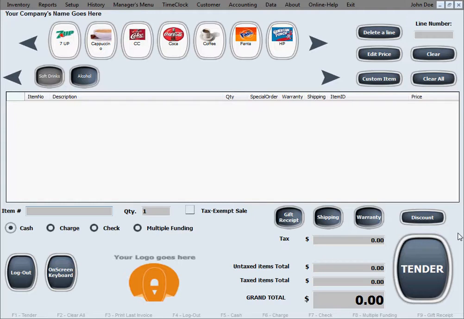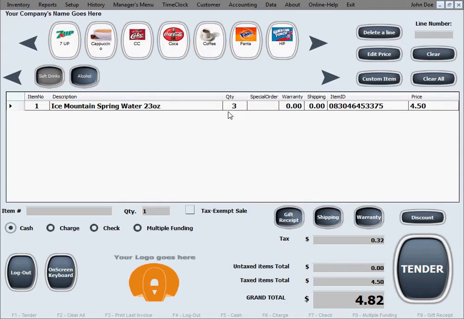So now since we want to sell 3 bottles of water, we can sell them all one at a time, meaning scan them all one at a time, scan 3 times, or you can just enter 3 in the quantity box and then scan the barcode once, and it enters the 3 bottles of water on the main sales screen. Let's say for the next item we want to give a discount, so we're going to go ahead and